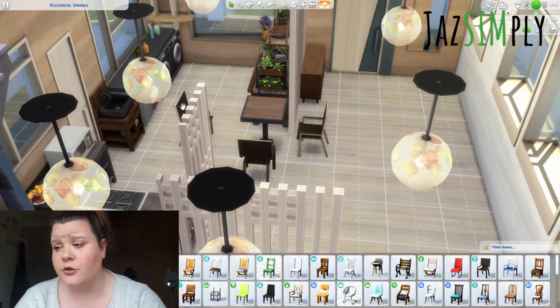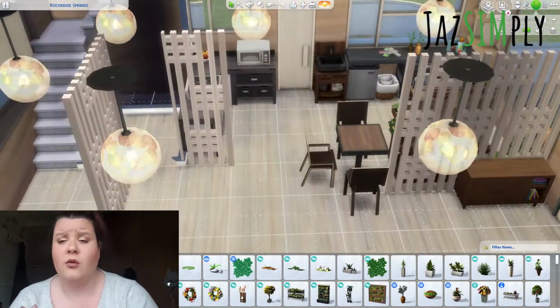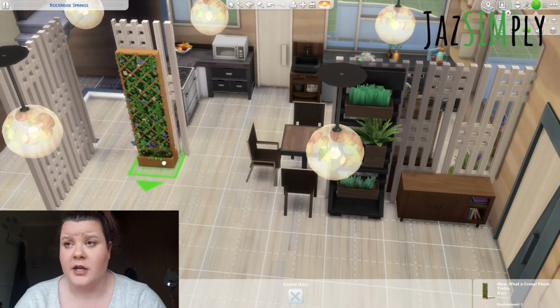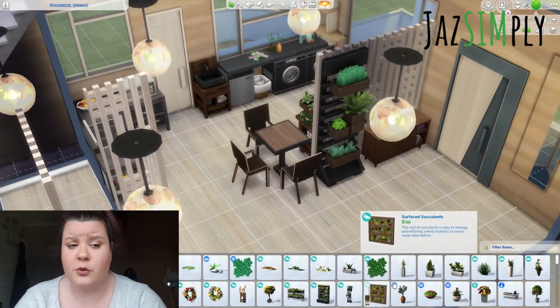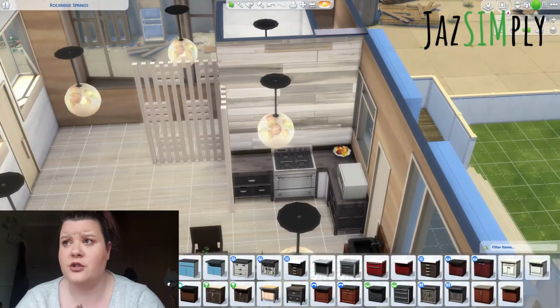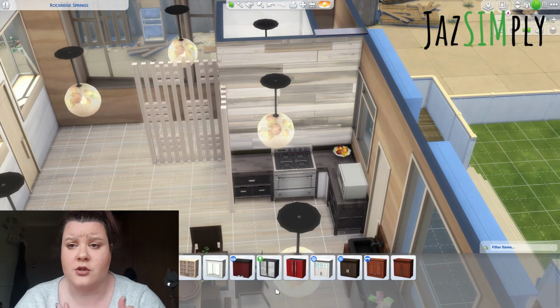In regards to the decor items, I think they went all out. I love all the greenery, I love the plants, I love all of the natural vibe of everything, which is really nice. I was a little bit disappointed in regards to wall hangings though. There wasn't really a lot in regards to posters or pictures or anything like that, because